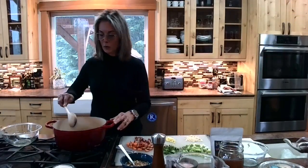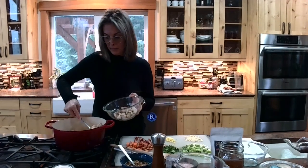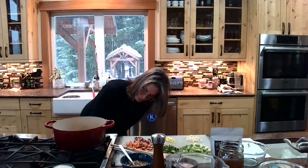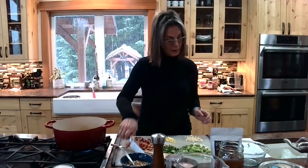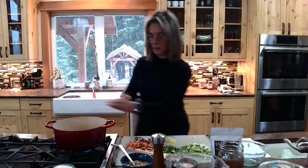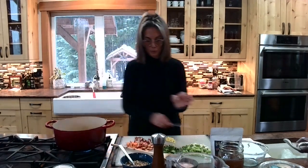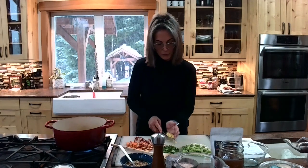Okay, so once you're done sauteing the chicken, you want to take it out of the pan and put it in a nice bowl and set it aside. Okay. And then set the flame back on again. There we go. And you're going to saute initially the garlic. There's the garlic. Get that a little higher. And then you're going to put in your chopped ginger